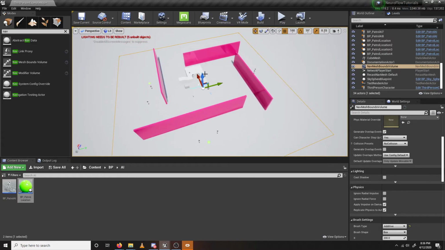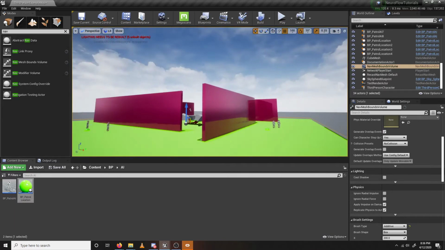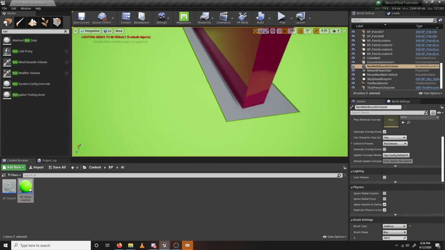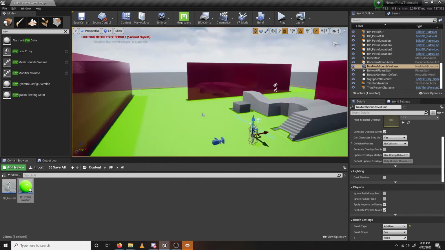And I'm going to push P, and what this does is it allows you to visualize the nav mesh. So you can see it's not perfect, right? You do have these areas where it's not conformed to the wall or anything like that. And like I was saying earlier,